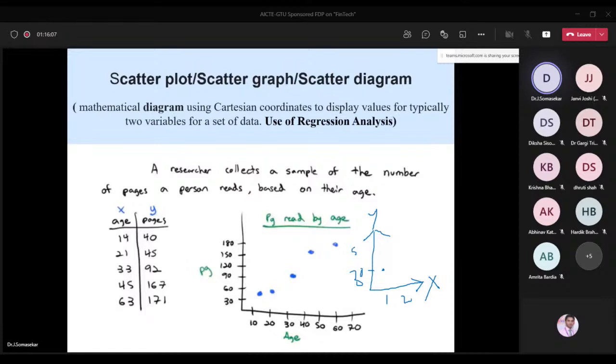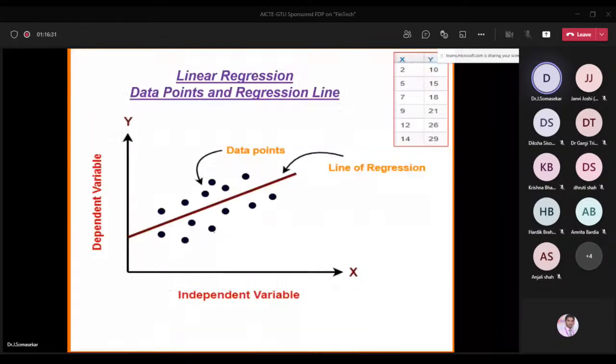Just we have to plot the data points. These dots we can call data samples, data points, or sample points. Corresponding to each x value we write the y value as a dot. So when x equals 10, y value is 40, you can put a dot. Just we have to make a plot. This is called a scatter plot, scatter graph, or scatter diagram. Now the data points look like this, you can see on the right corner. Corresponding to each x value, we plot the y value. These are all y values corresponding to the x values. We call them data points or data samples of the given data set.